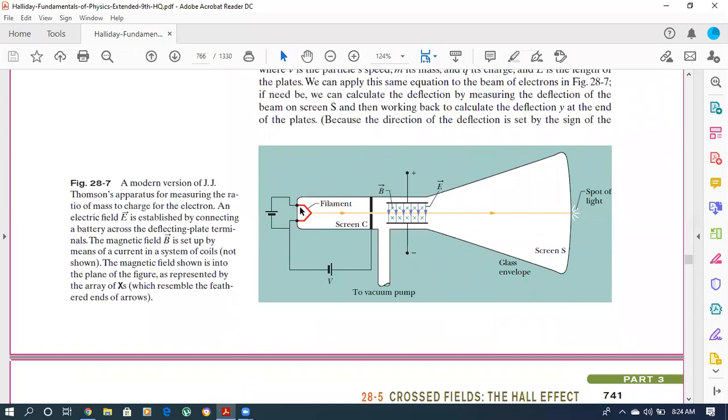So first of all, the production of electrons. How can electrons be produced? J.J. Thomson used a filament and a very high voltage battery, and then electrons produced from the filament will move forward. Then there is a screen in order to convert these scattered electrons into beams. Electrons will be produced in all directions, and they will move